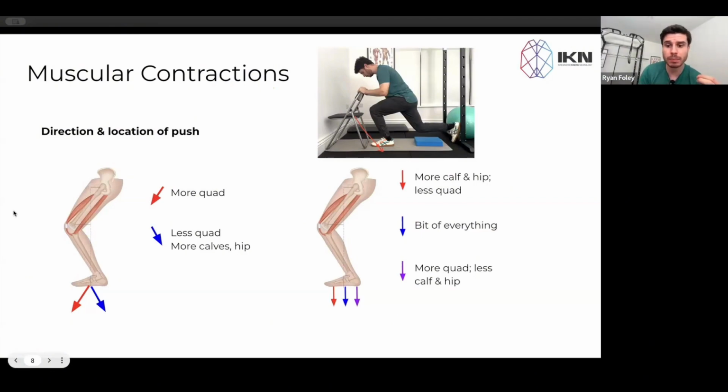So let's briefly talk about the foot pressure here. Okay. Now I'm a big fan of manipulating foot pressure, but